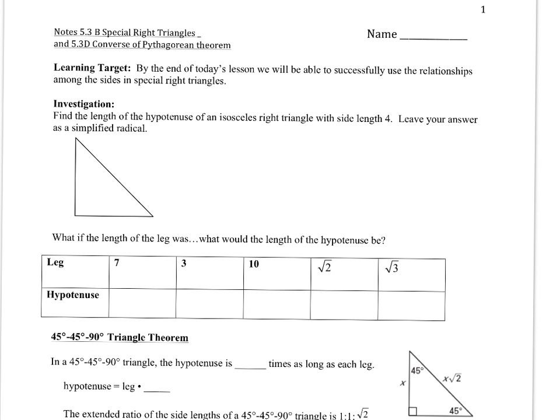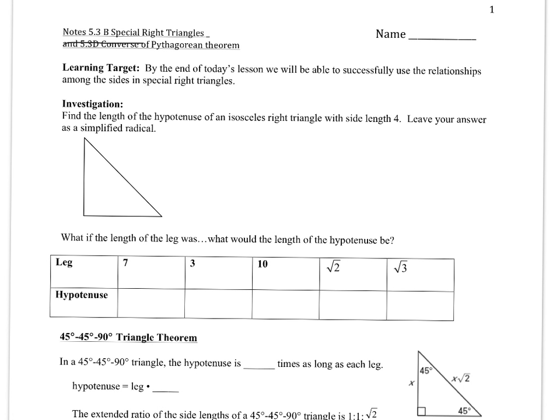Okay, we're doing section 5.3b, and we won't be doing 5.3d right now, just 5.3b, which starts on page 370. So we're starting with an investigation of an isosceles right triangle. And when it is isosceles and it's a right triangle, it's going to be important to know that the angles,